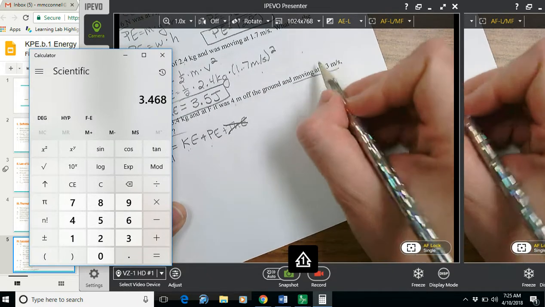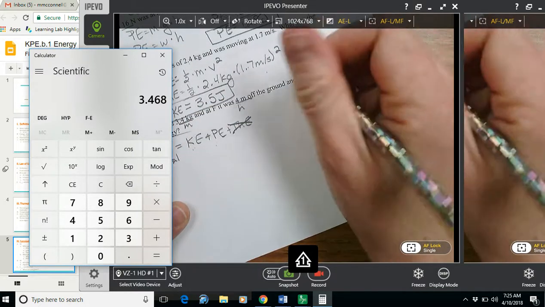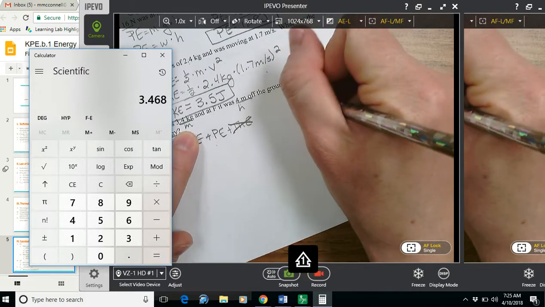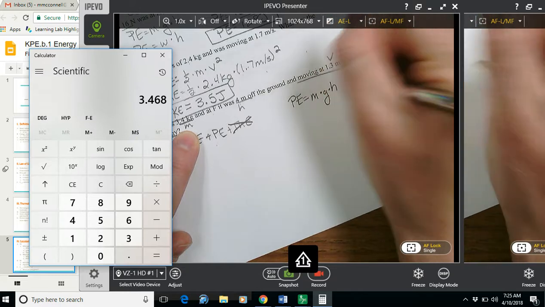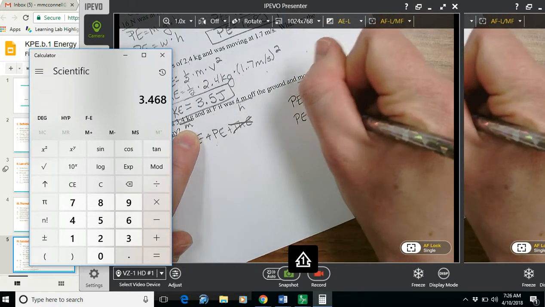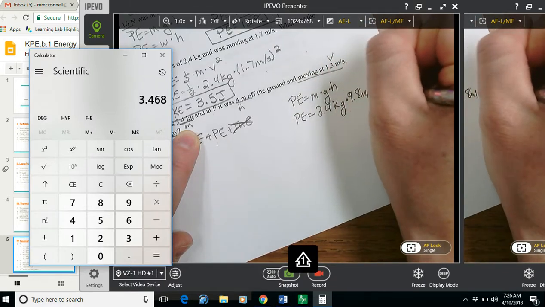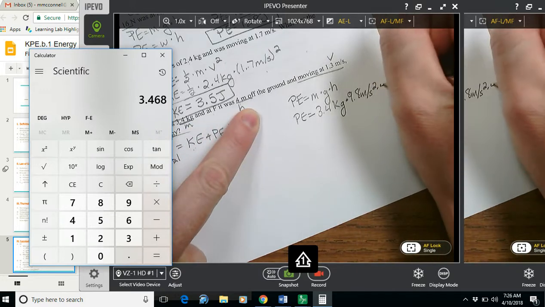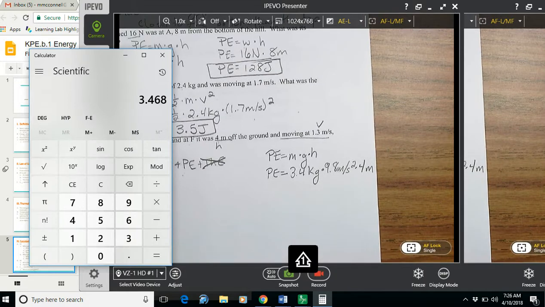So it's moving at 1 point. This is the velocity, this is the height, and this is the mass. So I can calculate, I've got potential energy, mass times the acceleration of gravity times height. PE equals 3.4 kilograms times 9.8 meters per second squared times 4 meters. So I'm going to just plug those numbers in. 3.4 times 9.8 times 4. And now I get